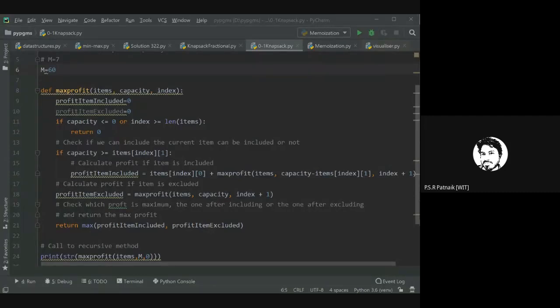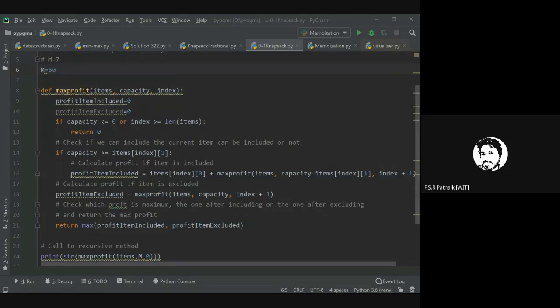Okay, Chandrasekhar has a response: capacity 2, index 4.